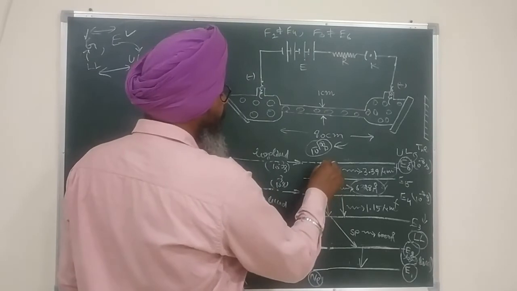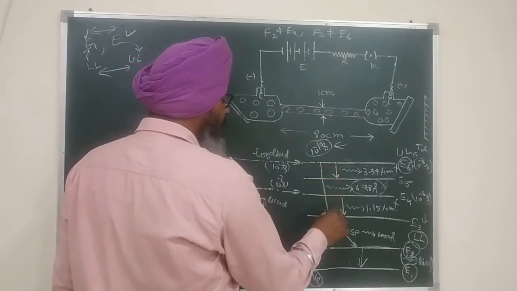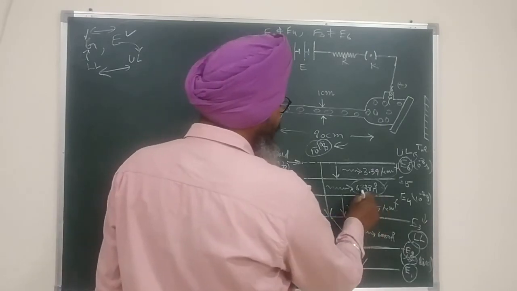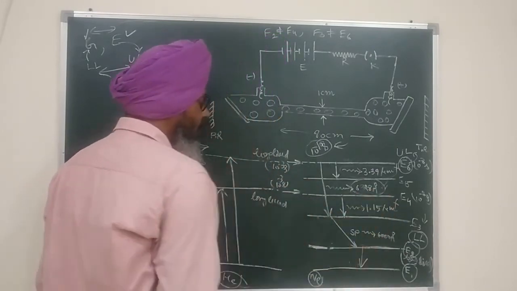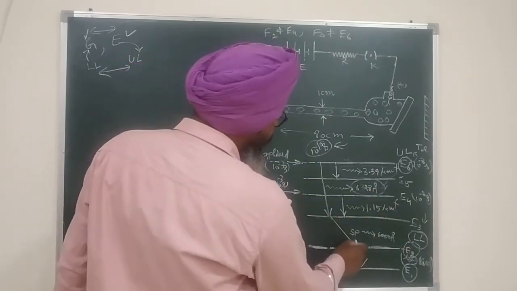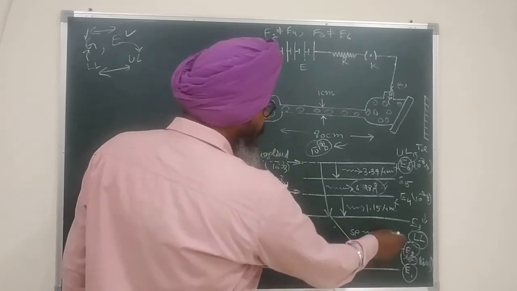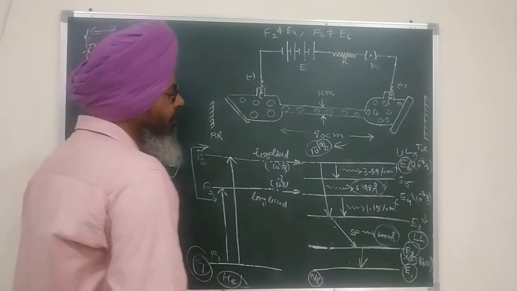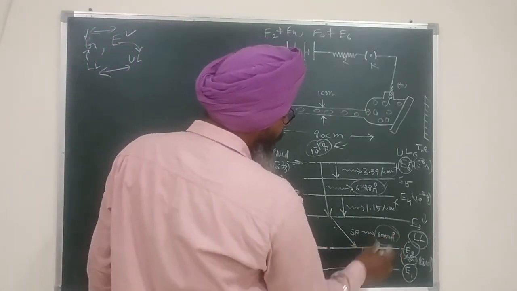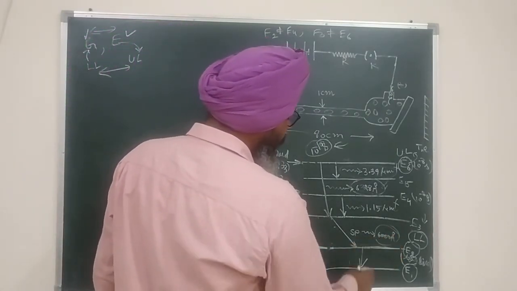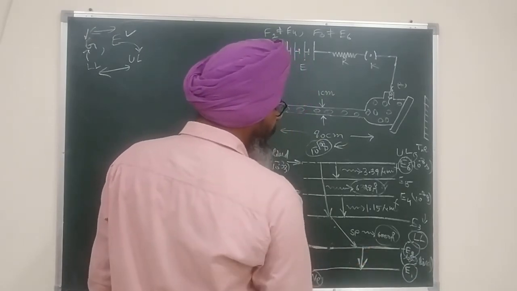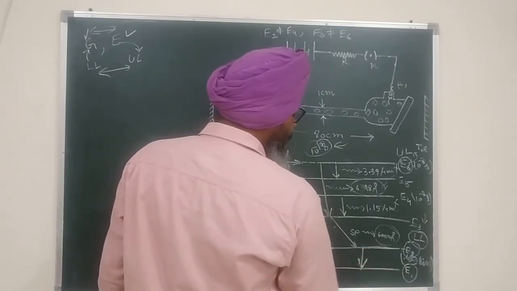And please remember, the de-excitation from here to here produces light in the visible region, 6328 angstrom, which is in the red region. From here to here you have a spontaneous emission which produces random or very less intense light, of the order of 6000 angstrom wavelength. From here to here we bring the atoms back to the ground state forcefully and no radiation is emitted.